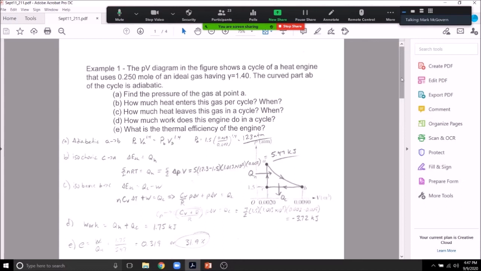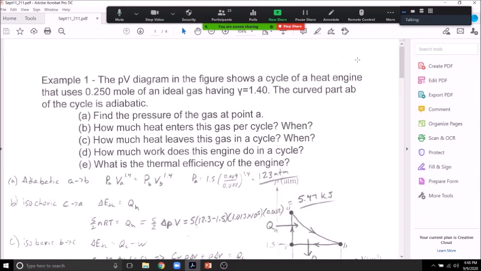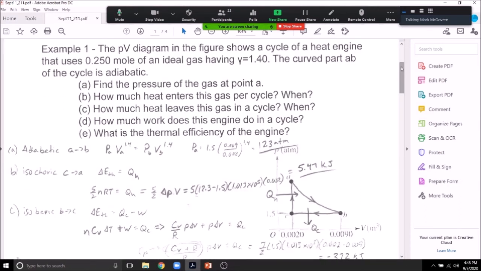All right, so in the first step, we want to do our adiabatic process. It's a little hard to see here, so I'll try to zoom in a bit. Okay. So we are told the following information. We have the volume at A and C and the volume at B, so we have the volume at all different parts here. We are told the pressure at C and B. We do not know the pressure at A. We want to figure that out first.